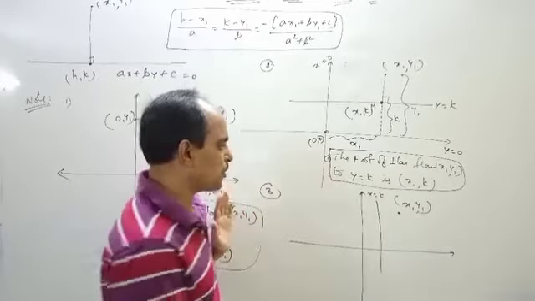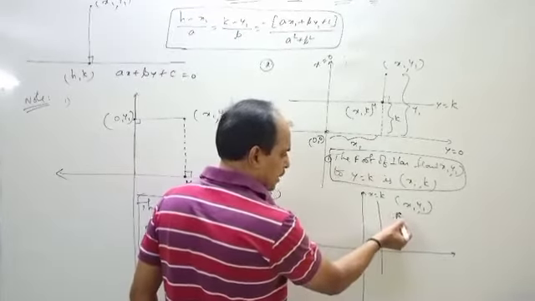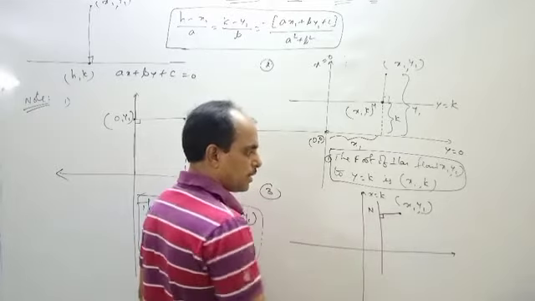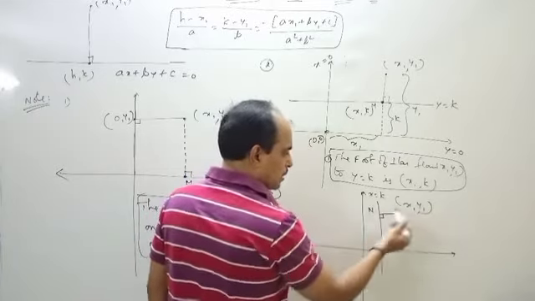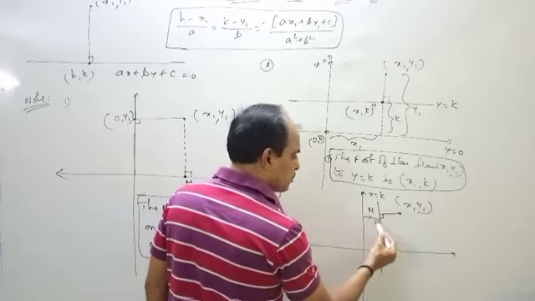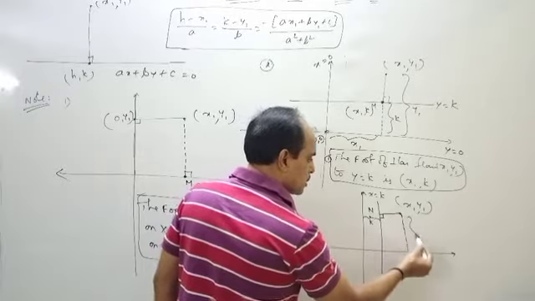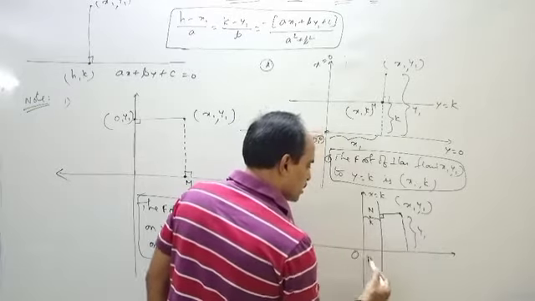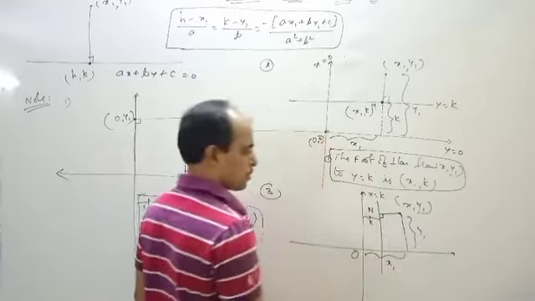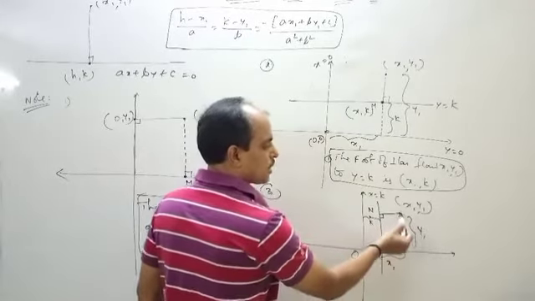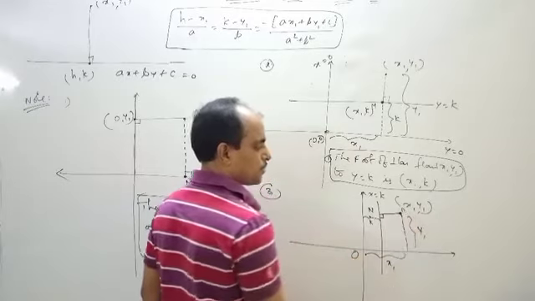So what we have to find here? The foot of perpendicular from here to this line. We have to find this point. Okay? Now what about x1 y1? And this distance is equal to k. Now what about this distance? This is y1 and this is origin. So this is x1 and this one is y1. Now the point becomes x1 comma y1. This is the point. Okay?